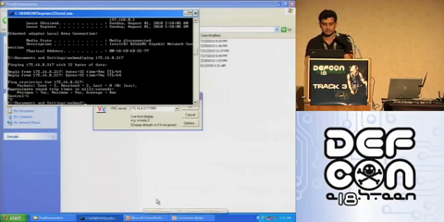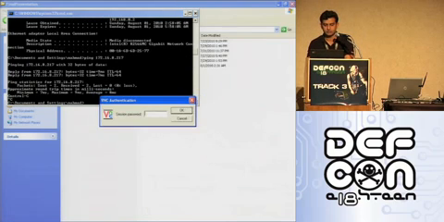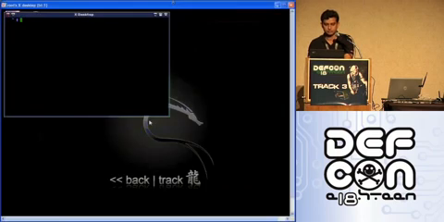Okay, so my machine is accessible, so we can access this. This is the Backtrack running machine which I am going to use to launch the attack.